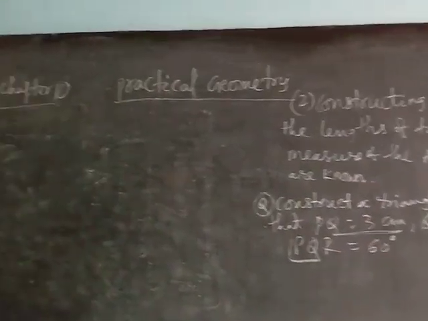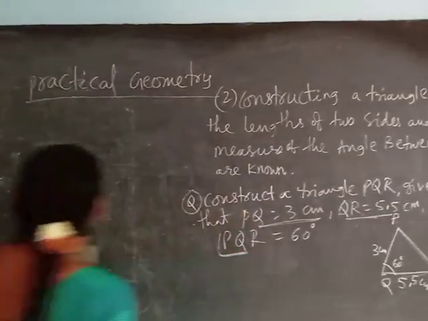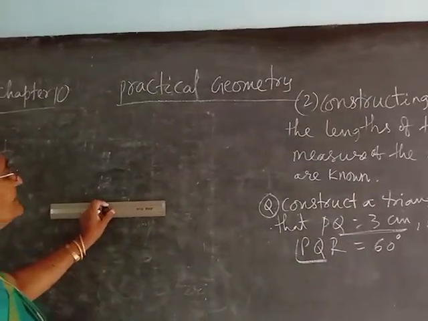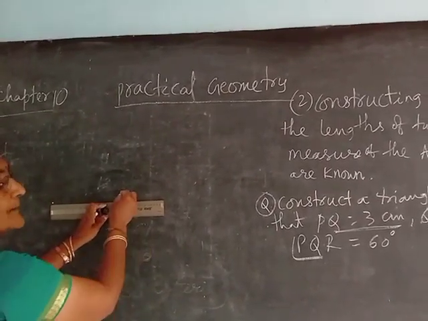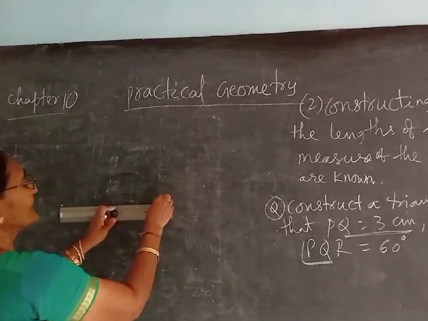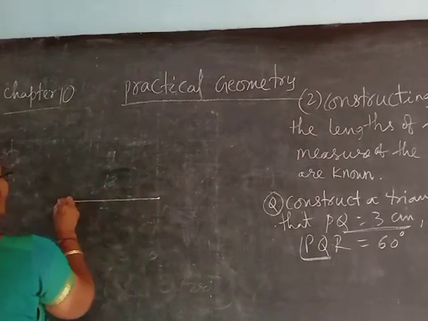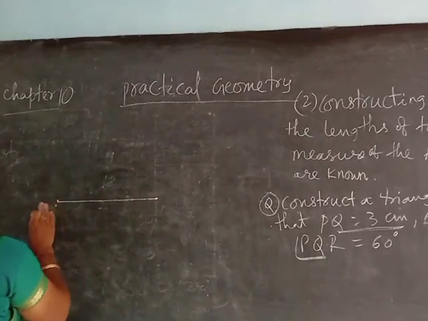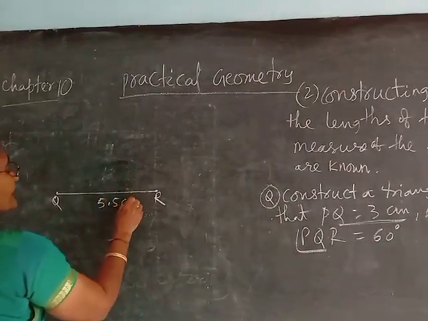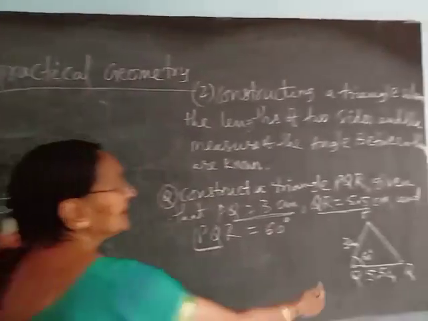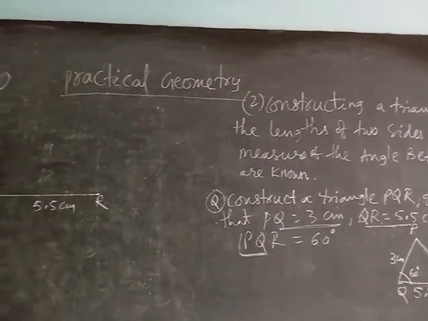Then now take your scale, that is ruler. QR, first you take this one, QR 5.5. You will measure, keep the scale, put the point at 0, then see where 5.5 is on your scale, I am doing it this way. Suppose it is 5.5. You will see in your scale and measure, according to that you have to do. It is 5.5 centimeter.